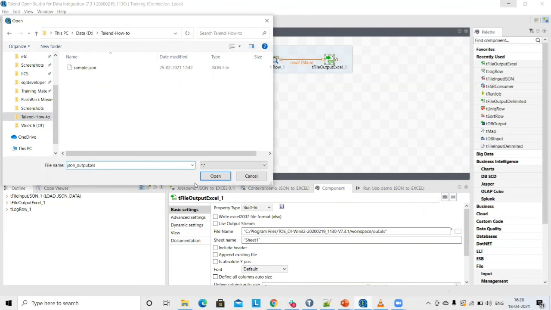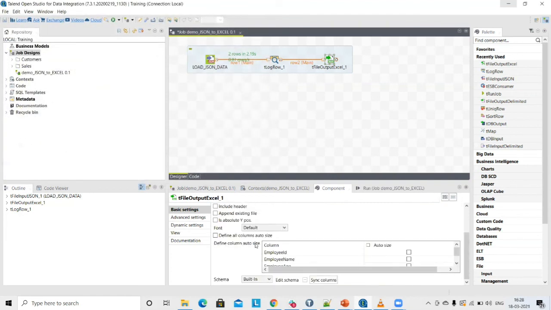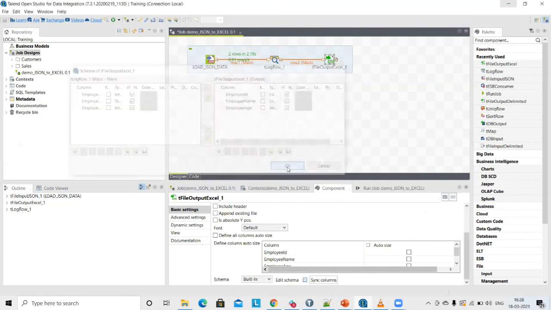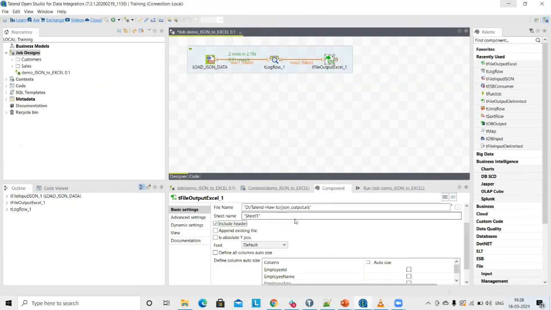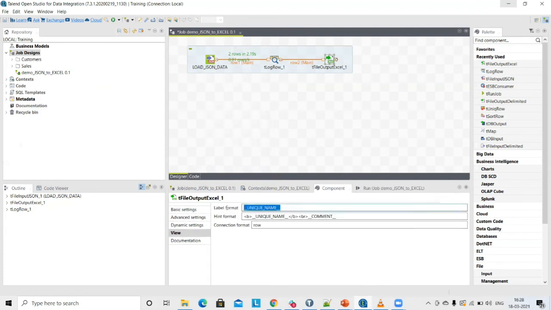Now what we need to do is define the schema for this output. We can simply synchronize columns like we did earlier, and you can see it has all three columns, right? Okay. We also want to include a header, so click on include header and let's give it a name.